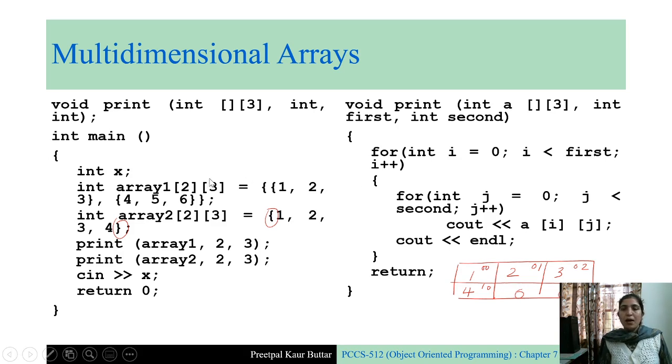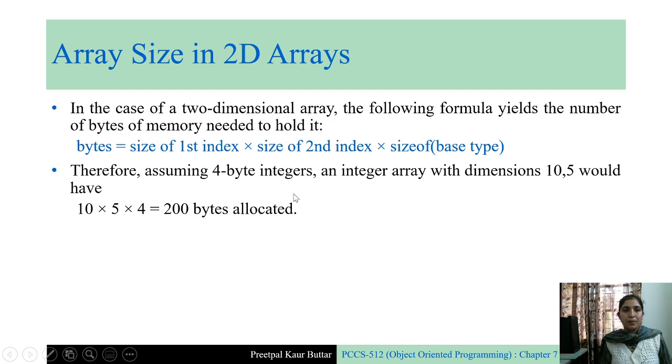So we have seen how to pass multidimensional arrays to functions, and how to initialize multidimensional arrays using initializer lists. We have seen both the methods: first method using inner and outer curly braces, and second method using only the outer curly braces, right?